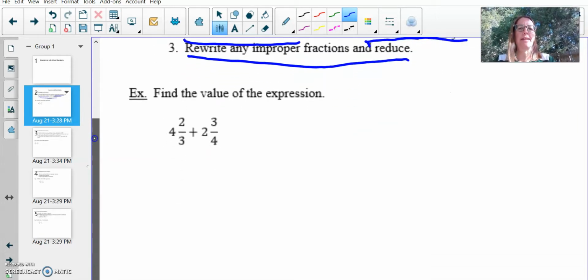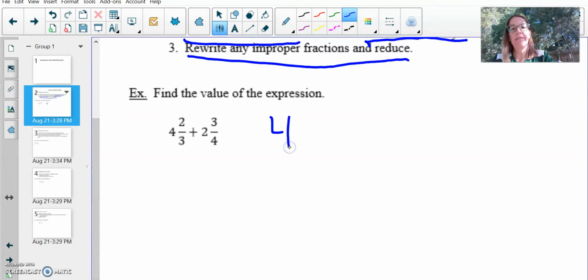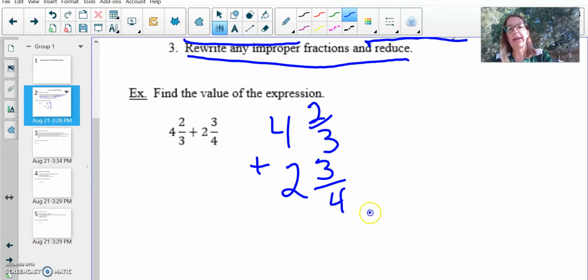So here's our first example. Find the value of the expression 4 2/3 plus 2 3/4. So I first rewrite them vertically. 4 2/3 plus 2 3/4. So I line up the whole number under the whole number and the fraction piece under the fraction piece. Looking now at the two fractions, I need a common denominator for 3 and 4, and that would